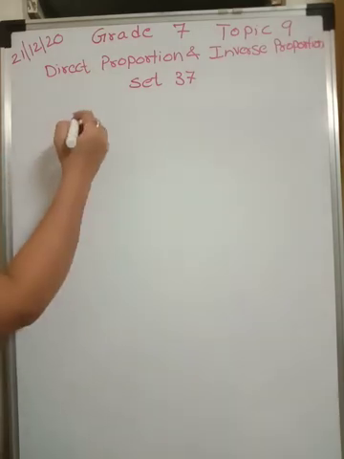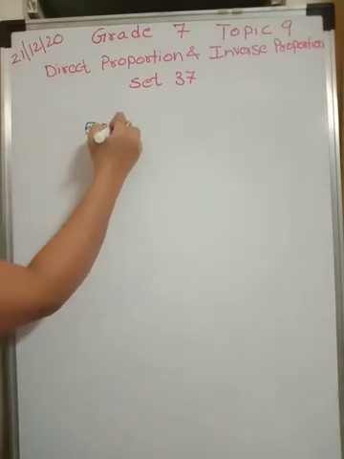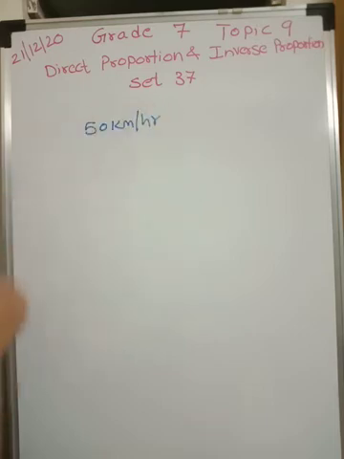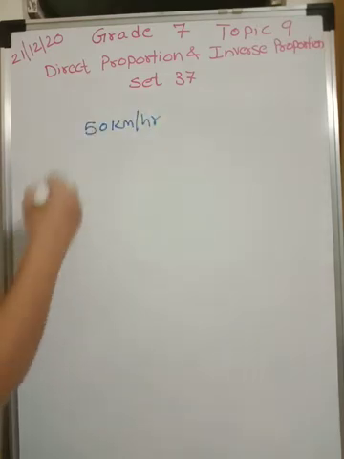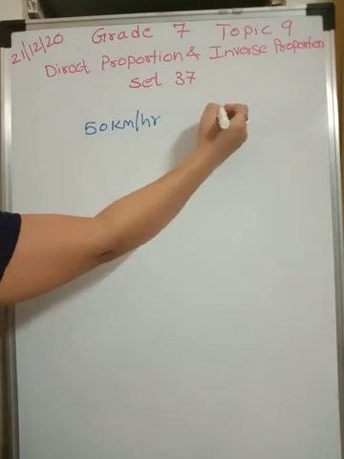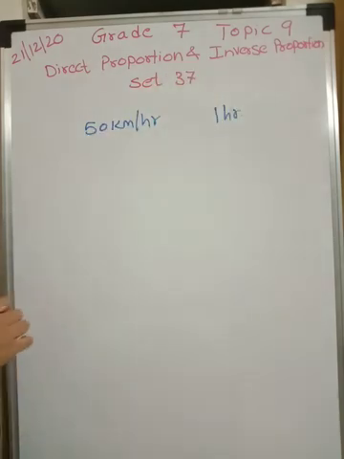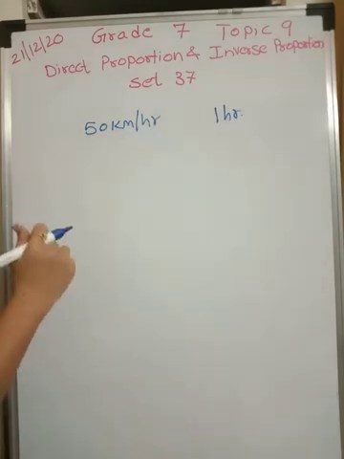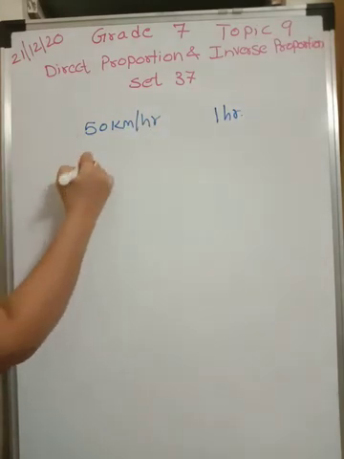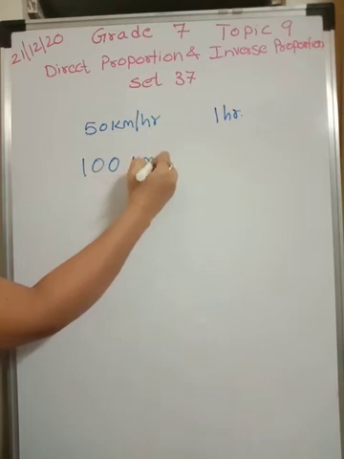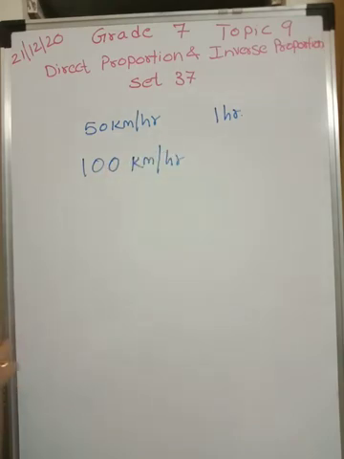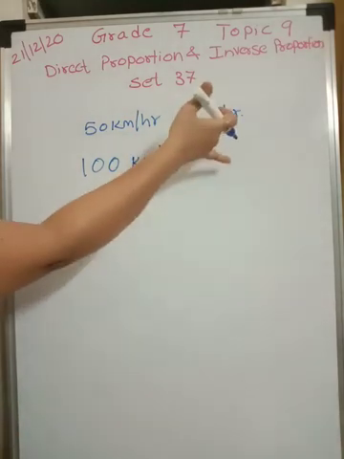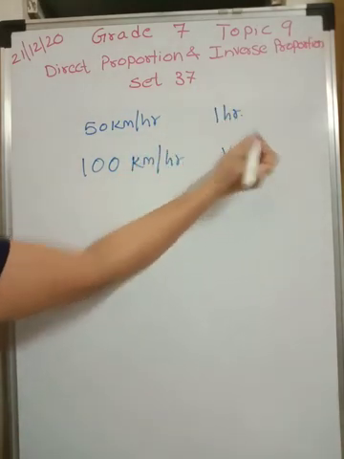Now let us see some other concepts, students. For example, I am driving and my speed is, say, 50 kilometers per hour, and to reach a certain place I am taking 1 hour. So at 50 kilometers per hour, I took 1 hour. Now imagine if I increase the speed and make it 100 kilometers per hour. If I am increasing the speed, I will move faster and so less time will be required. Instead of 1 hour, I will be reaching in half an hour only.